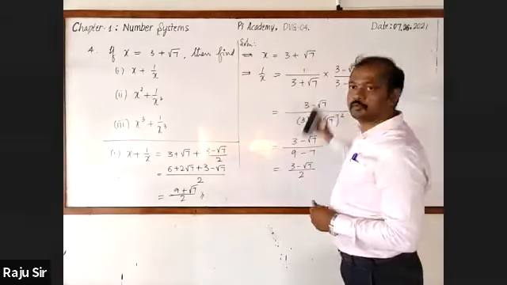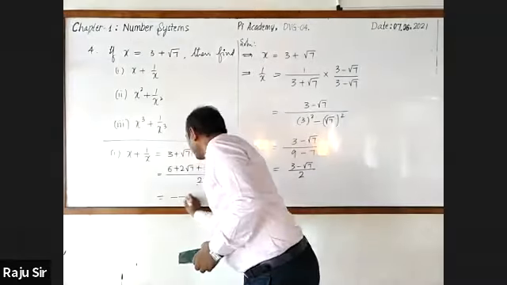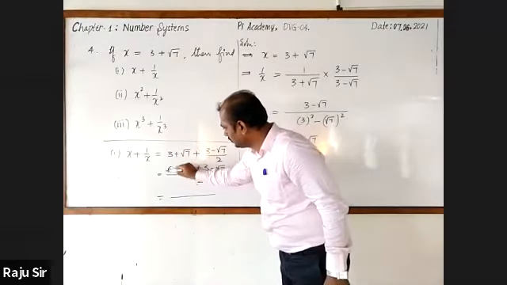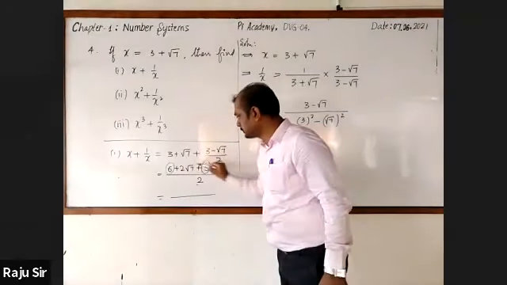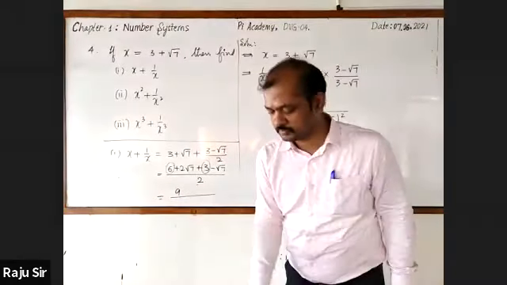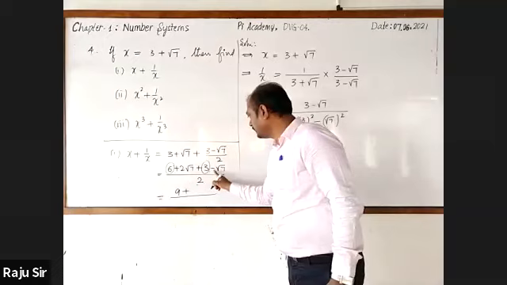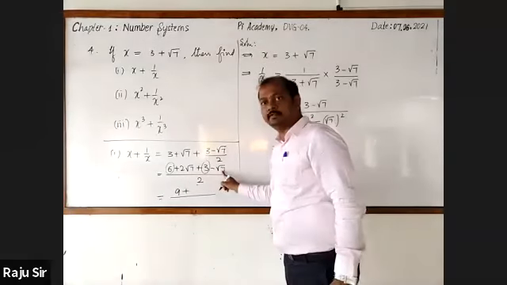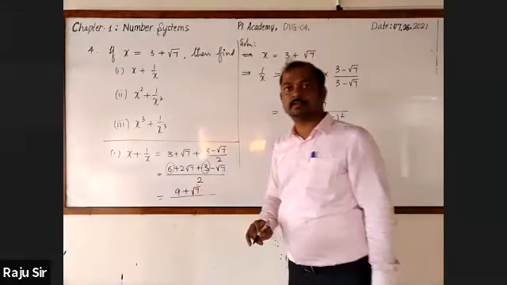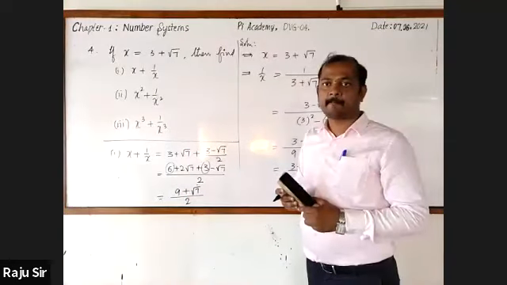Sir, explain again, sir. Last 2 steps. I'll explain it. Observe it. Look here, 6 is there. Here is 3. 6 plus 3, this is 9. Plus 2 times root 7. Here minus 1 time, these two are like terms. 2 minus 1 is 1. So root 7 as it is, divided by 2. Hope that you all have understood this. Yes, sir.